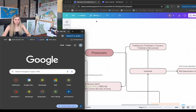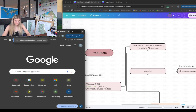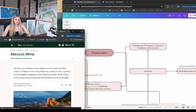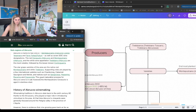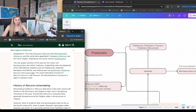Now, Abruzzo is a smaller one, but what I like to do after this is I'll pull up Wine Searcher, and this is going to show us the cost of wines. It'll tell you a little bit. I don't usually read that much into this. Sometimes I'll skim it and just make sure that I'm not